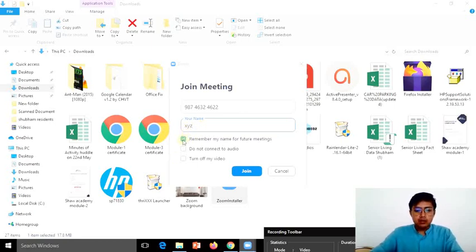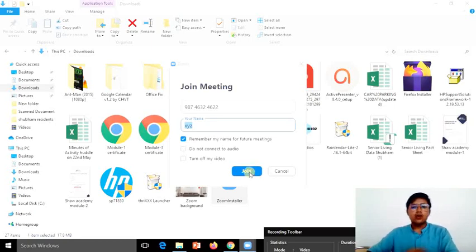If you keep a tick on this box, Zoom will remember your name for future meetings. You need not change it again and again. Then you click on the Zoom option to connect to any of our activity, webinar, or any Zoom session. Clear?